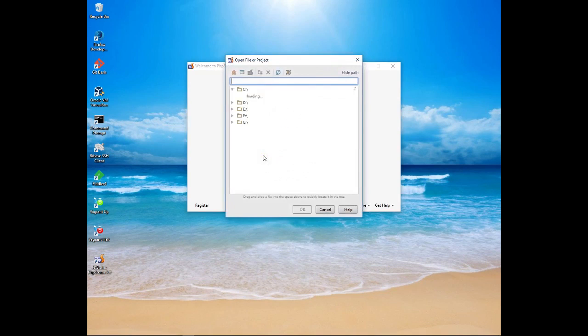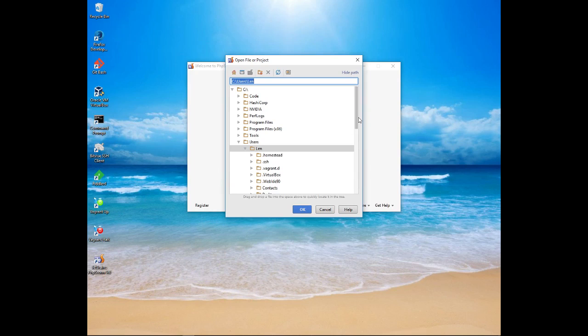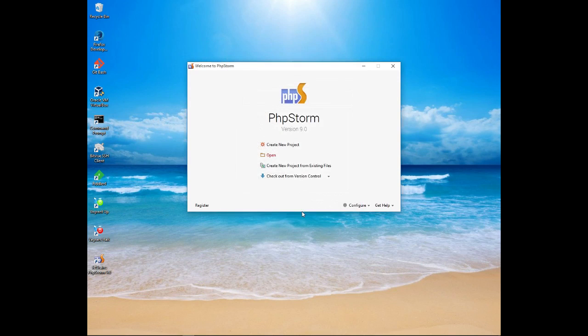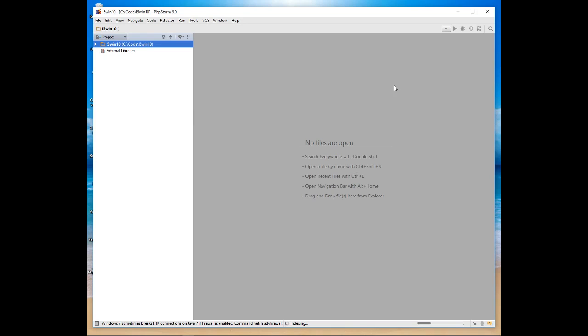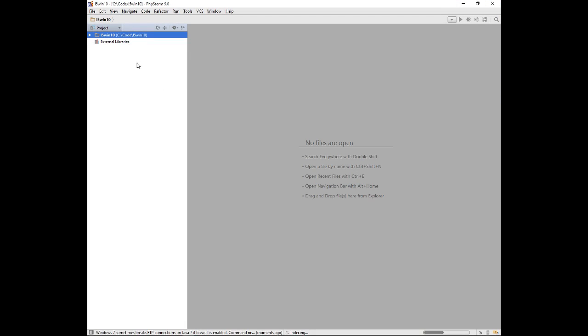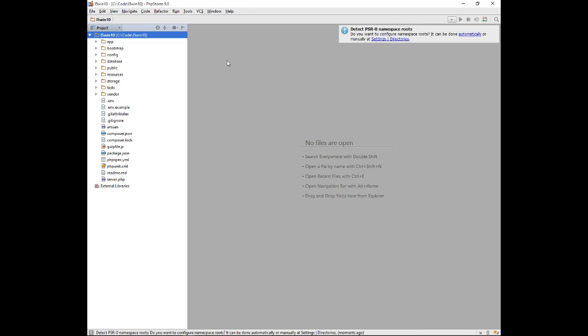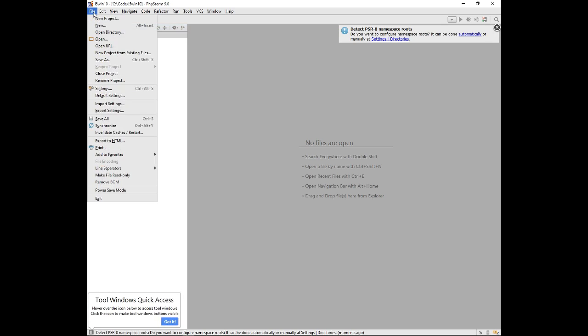So let's open the project. Let's go into our code directory, L5110. Okay. Don't want that. Close. Okay, so there we go. We've got our IDE installed. But now we need to be doing a few things to configure this IDE so that we get the maximum benefit from it. So the first thing that we want to do is we want to go to